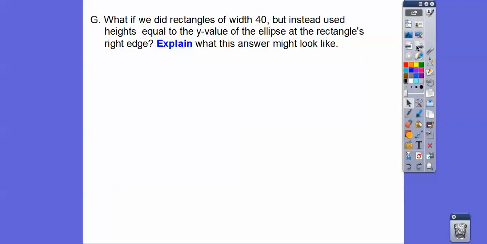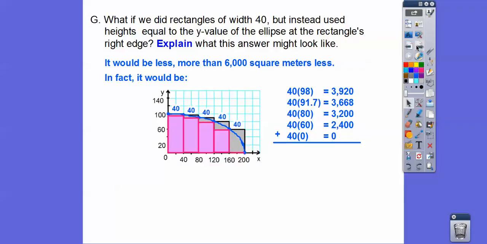All right, so what if we did rectangles of width 40, but instead used the heights equal to the y values of the ellipse at the right edge of the rectangle? Okay, so at the right edge, what do you think that answer might be? Was it going to be more or less? Well, I think it's going to be less, more like 6,000 square meters less. I think it's going to be more than that, actually. In fact,